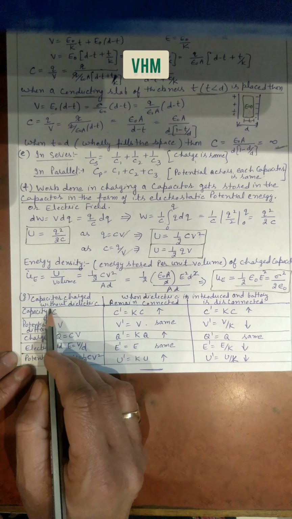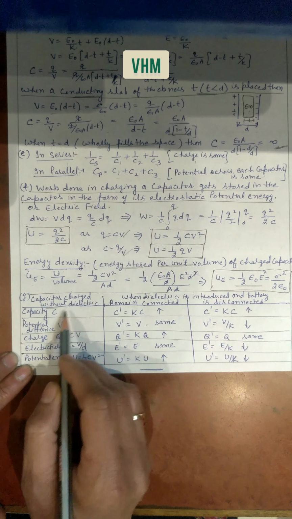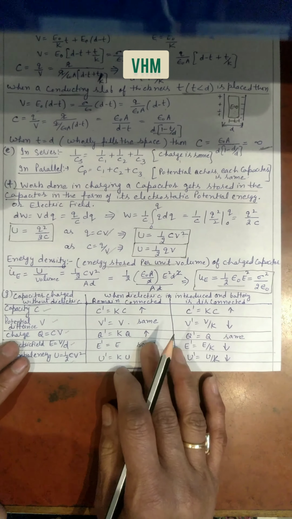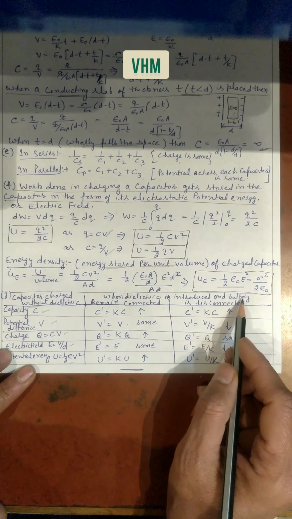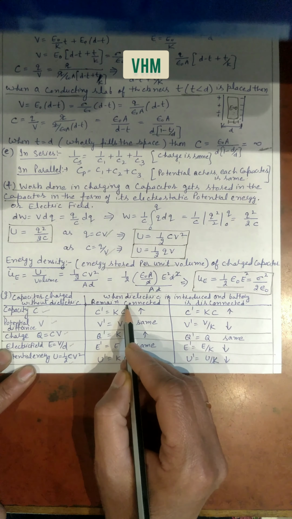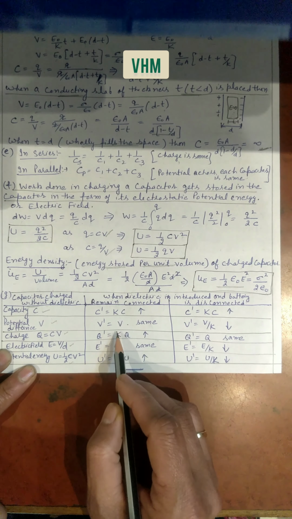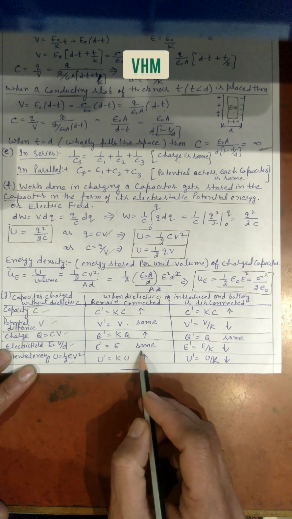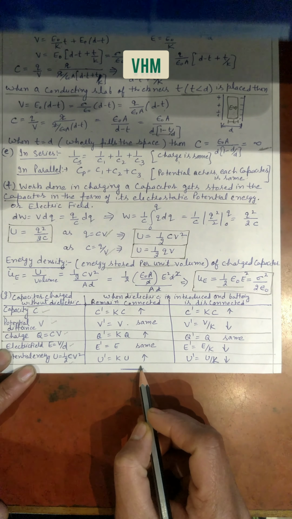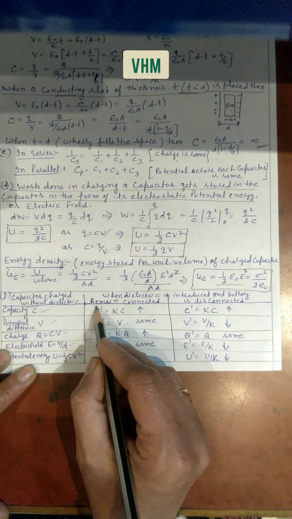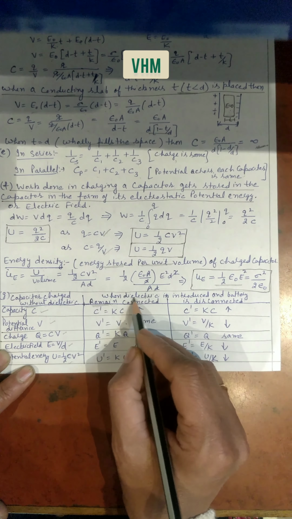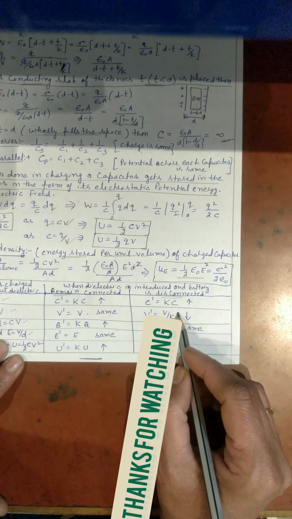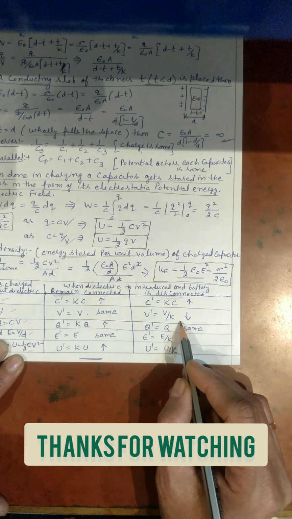We have this table, which is for answering very important questions. This is without any medium, with air as the medium. This is the capacity, potential, charge, field, and potential energy. But when the dielectric is introduced and the battery remains connected, the capacitance increases, the potential remains the same, the charge also increases, the field remains the same, and the energy also increases when the battery remains connected and we place the dielectric slab. And when the battery is disconnected, then what do we have? The capacitance increases, the potential decreases,